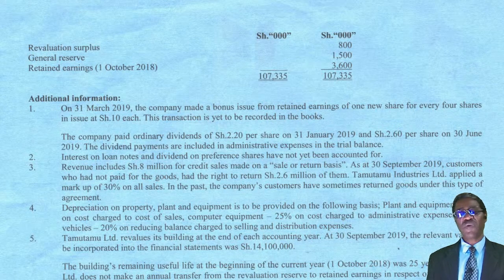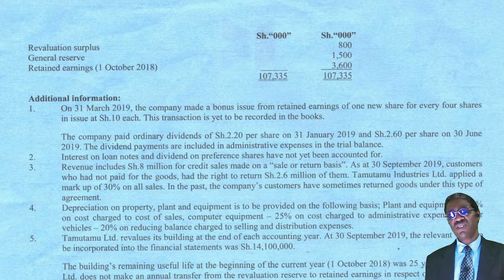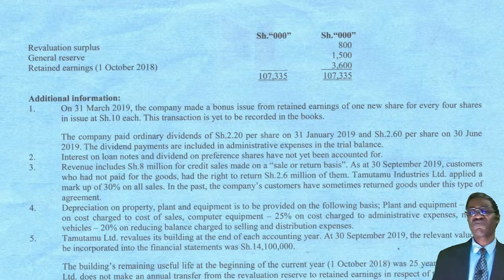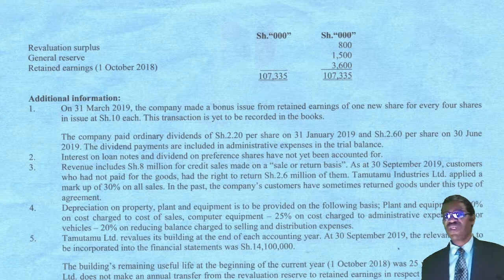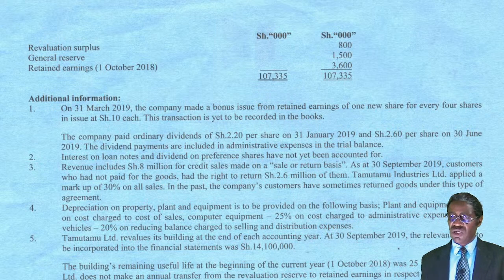The company paid ordinary dividends of 2.2 per share on 31st of January 2019 and 2.6 per share on 30th June 2019. Dividend payments are included in the administrative expense